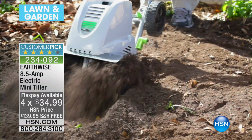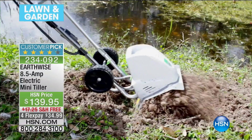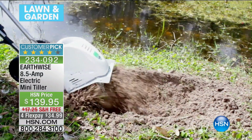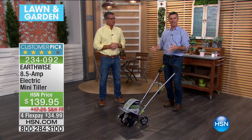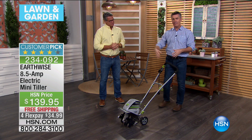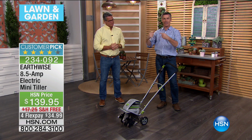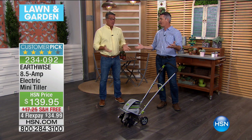If you have hard-packed soil, clay-type soil that you want to break up, or maybe it's just that area in the backyard where you currently have grass, but you're thinking, that would make an amazing garden, maybe a big vegetable garden. Grab this and get back in that area. So if it's grass and dirt right now, you can turn that soil